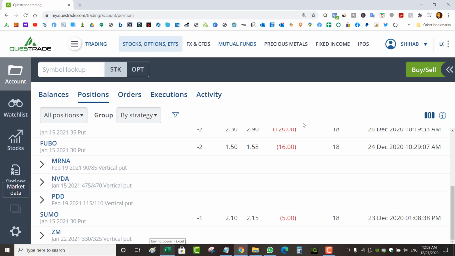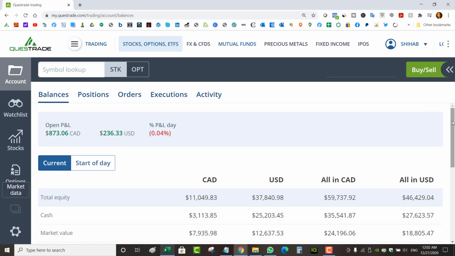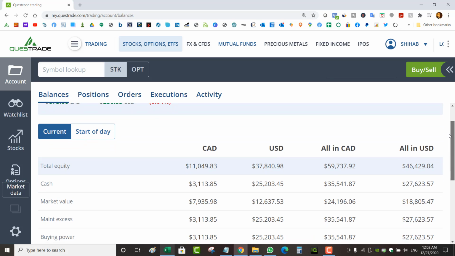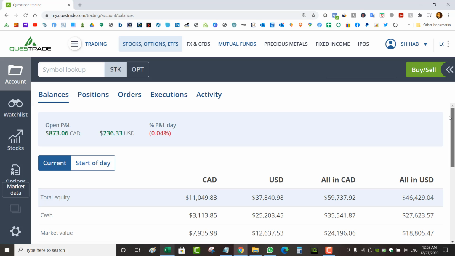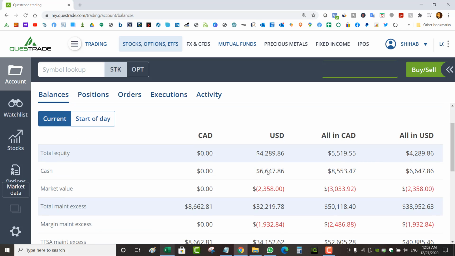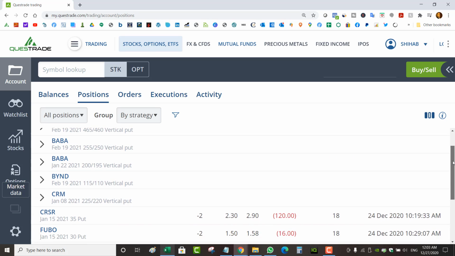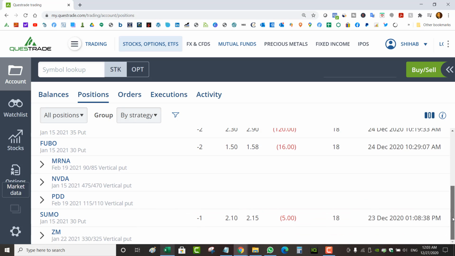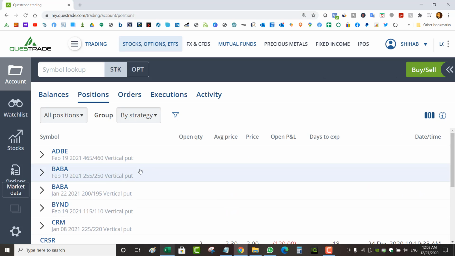All right, so these are the positions in my margin account. So let's go look at my TFSA. An advantage to Questrade is that TFSA can be linked to the margin account. So most of my buying power in my margin account actually comes from my TFSA. Because if you go to my margin account, I don't have that much. Actually, I only have 4,200 equity. But I'm placing trades that require more than $4,200 of equity. So the buying power comes from my TFSA that's used as collateral, which can only be done